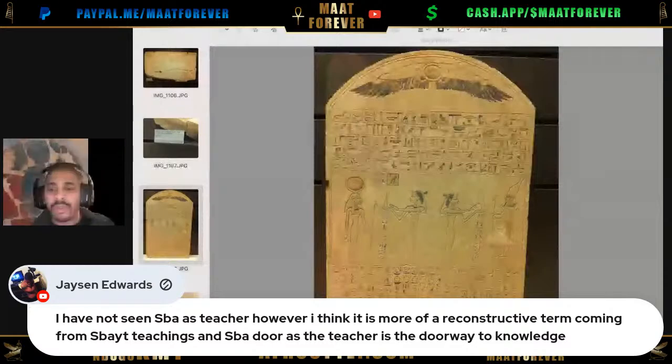So yeah, it would be like an interpretation to me. I'm not saying that it doesn't make sense at all, but somebody must have started, and then many people followed along and used that term seba to mean teacher. But I should ask Osam Ka because Osam Ka has credentials in the field of Egyptology. So eventually, I might ask him because he uses that term towards some people. But anyway,